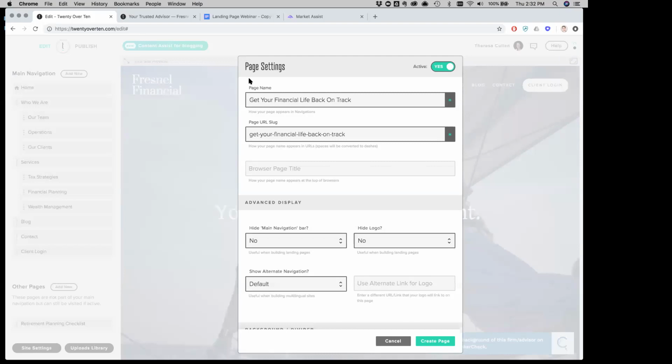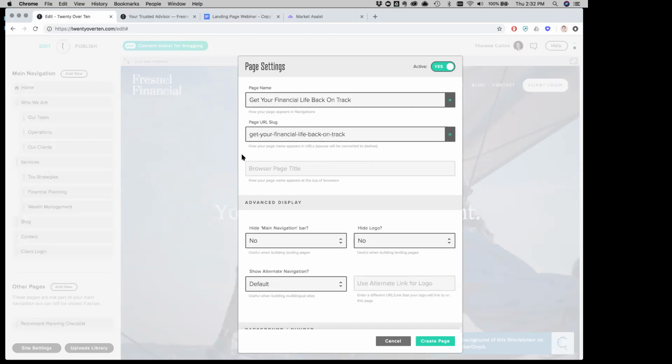Yeah, so at this point, to set up the page, all I've done is add a page name, and this is how my page will appear, in terms of where I'm linking to it, and my page URL slug. Now, this is really very important because your page URL slug is what you can share with individuals to direct them back to the page. So, for example, if your domain name is abcfinancial.com, this page URL would be abcfinancial.com/ and then you can just copy this page URL slug. By sharing that, it'll link them back specifically to this page.